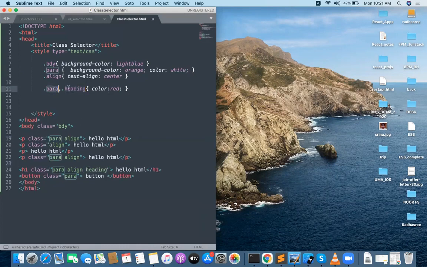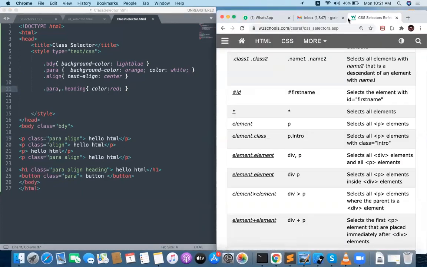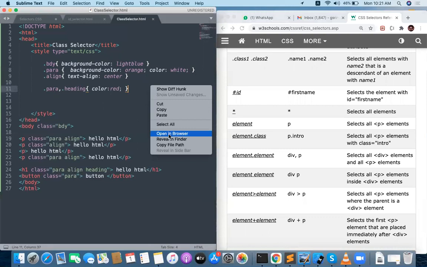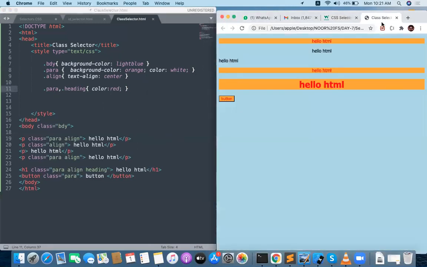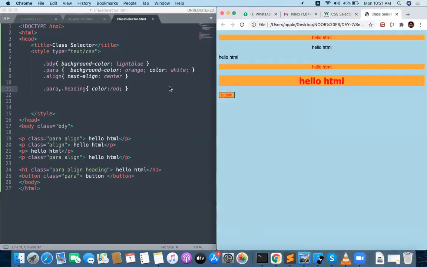Okay. Dot para dot heading. Wherever dot para is available, wherever the dot heading is available, color will be red. I am going to be applying the red color. Let me check how this will be. Okay, so wherever the dot para is available, wherever the dot heading is available, those particular elements are applied with the red color.